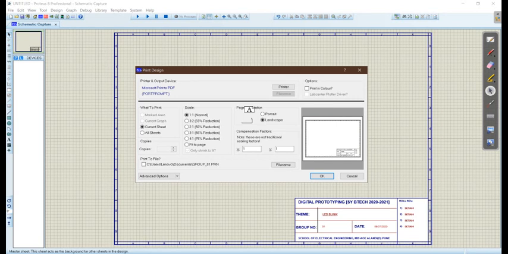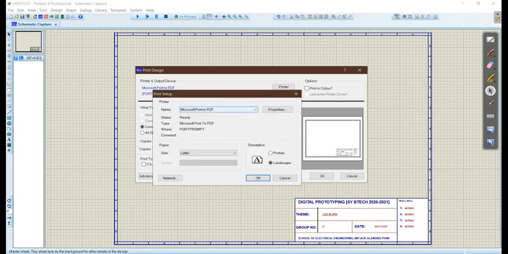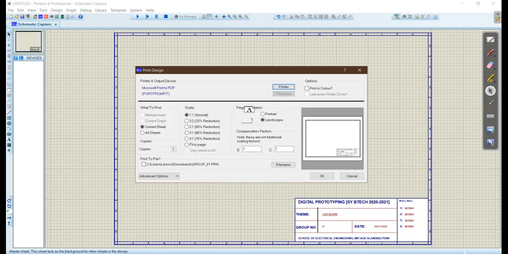Right now my printer is PDF; you can choose a printer here, for example HP LaserJet 1020. So I'll just take a PDF and give it to you. You need to submit this design in PDF form itself. So while printing your design, just select the print to PDF option. Then if you click OK, it is saved somewhere. I'll show you my PDF.